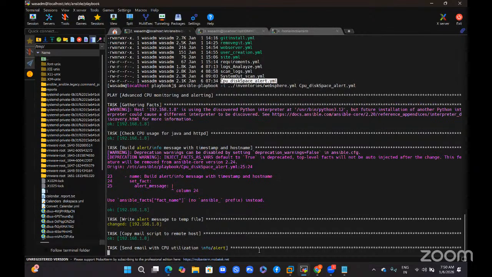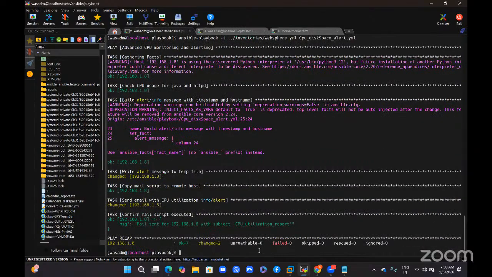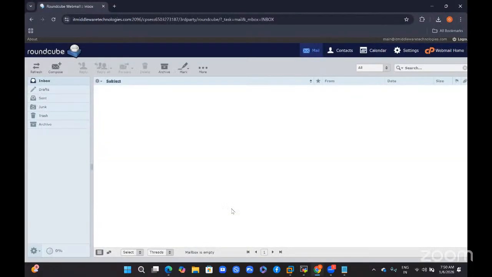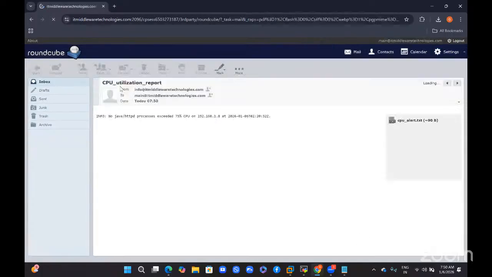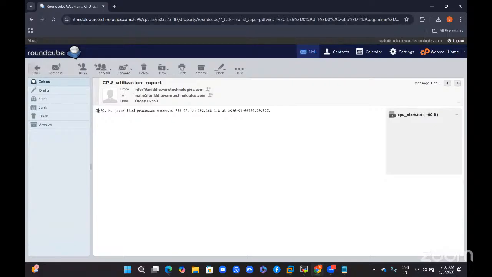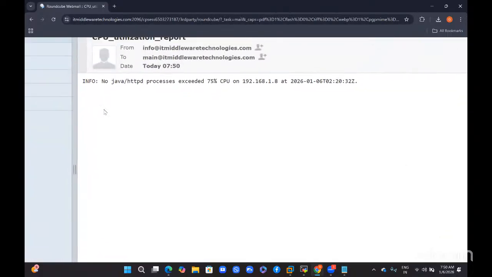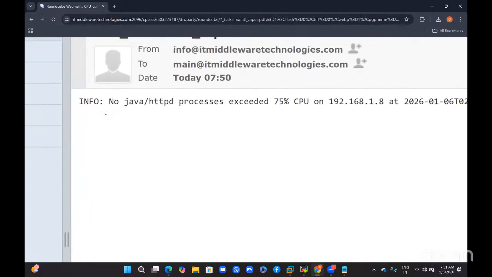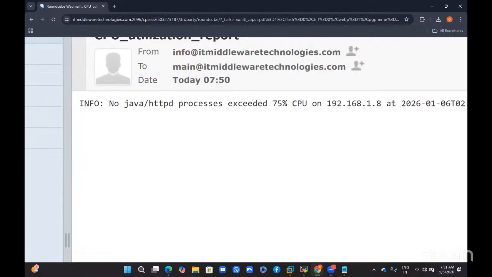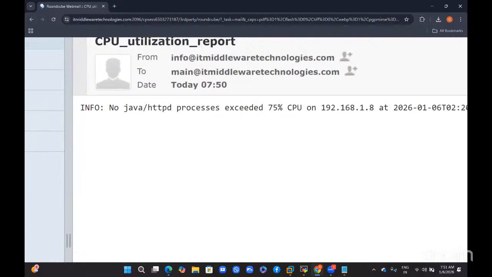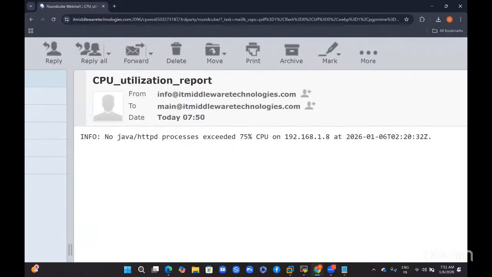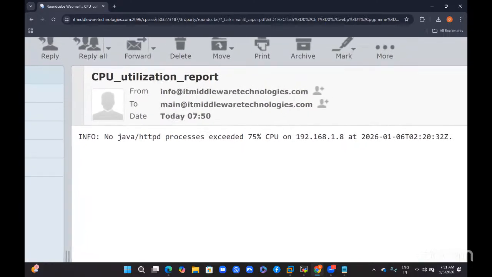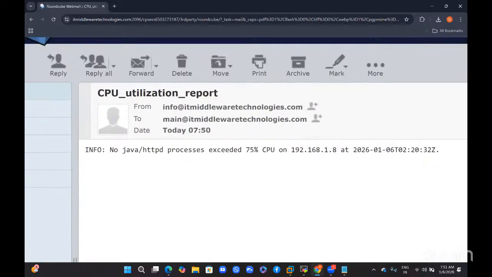See, no Java process or IHS process exceeds 75% of CPU utilization. I will zoom it. See, like this, we can configure your environment also in an easy way. We cannot go to Dynatrace or Splunk to see how much CPU utilization. Directly